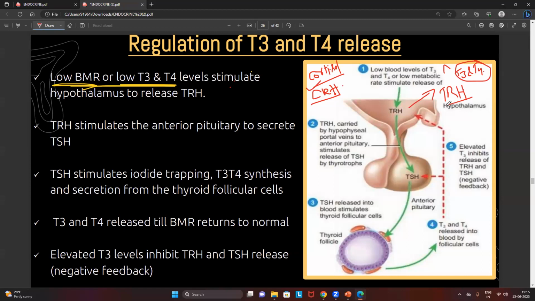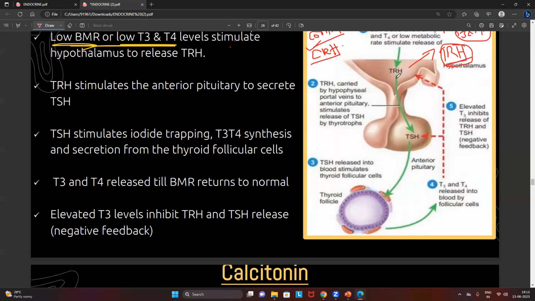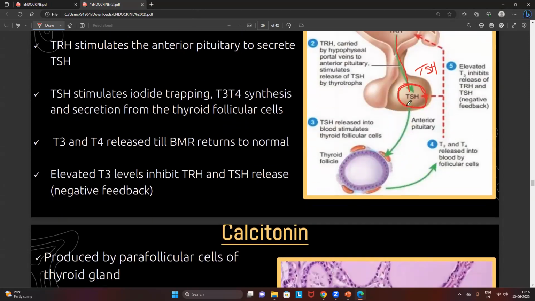Now the neurosecretory cells of the hypothalamus will release thyrotropin releasing hormone. That thyrotropin releasing hormone, through the blood vessel system, reaches the anterior pituitary. In the anterior pituitary, it activates the thyroid stimulating hormone. Don't get confused about that point. Now try to understand me very correctly. The moment thyroid stimulating hormone is activated, do you know, friends, what is going to happen now? This thyroid stimulating hormone will act on